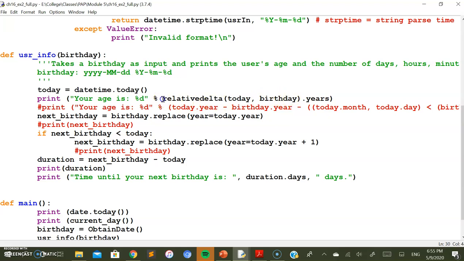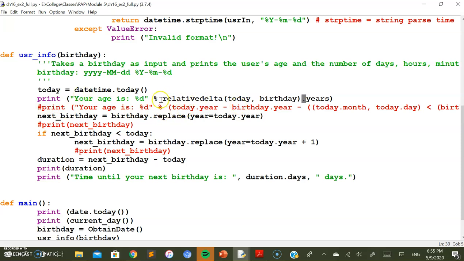And what this relativedelta does is identify the difference between these two dates. It will basically identify the difference between today and the birthday. But what we are interested in is the difference in terms of years, that's why we have used .years, to calculate the difference with respect to the years from today and the birthday, which in turn gives the result as the age of that person. The other traditional, alternate way has been given in this comment form. If you want to try, you can try either way also.